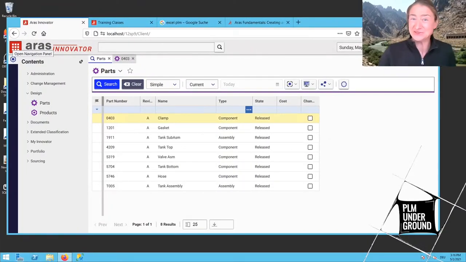Hi! So you have now installed Aras Innovator and you have set up your server and you have installed the demo database and now you look at your freshly installed instance and you say to yourself, oh my god, where do I start? So in this video I will try to give you some tips to start your PLM journey,